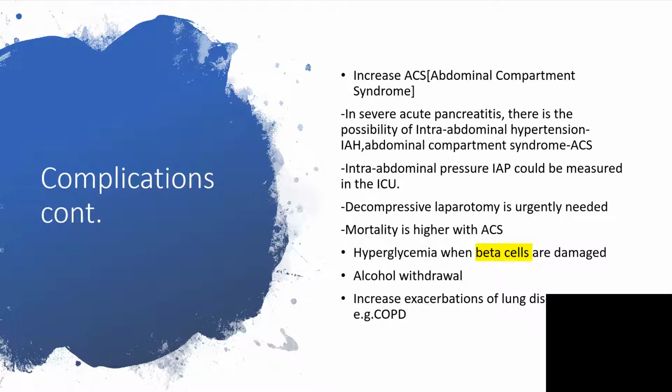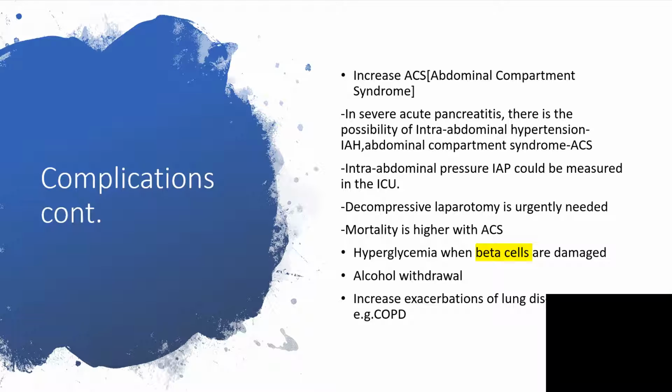So hyperglycemia, when beta cells are damaged, could be handled easily by any of the doctors on ground. Then, of course, we could be dealing with alcohol withdrawal symptoms also. Don't let us forget that it's likely we are dealing with this trouble because this uncle of mine has been drinking alcohol for the past how many years that I don't know, and now is down with his trouble.